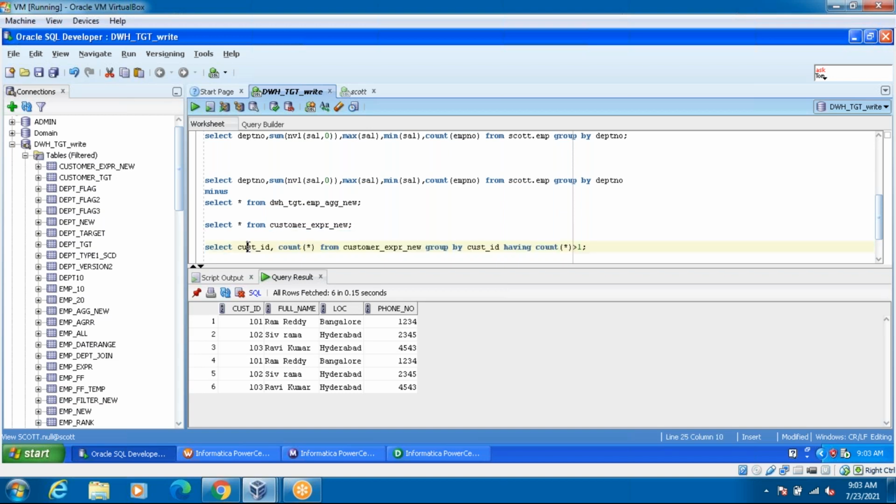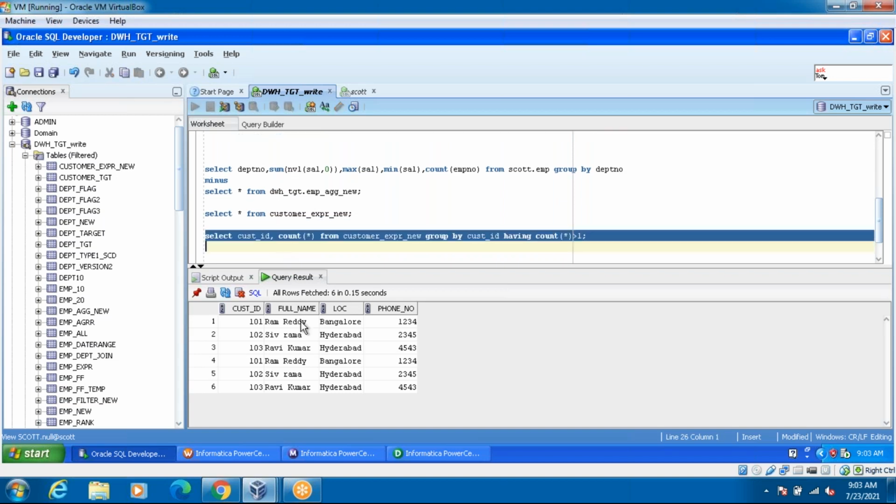If you do this query, what happened? Now I got the duplicates. So they didn't handle the duplicates properly.